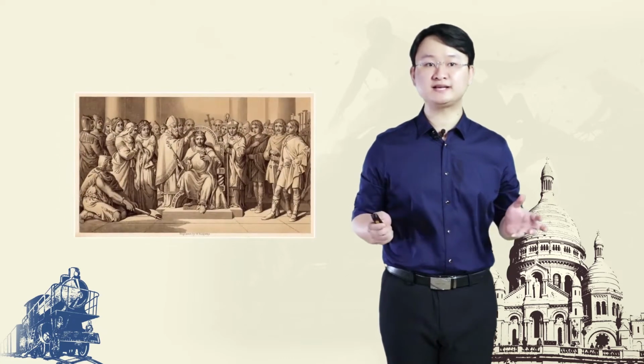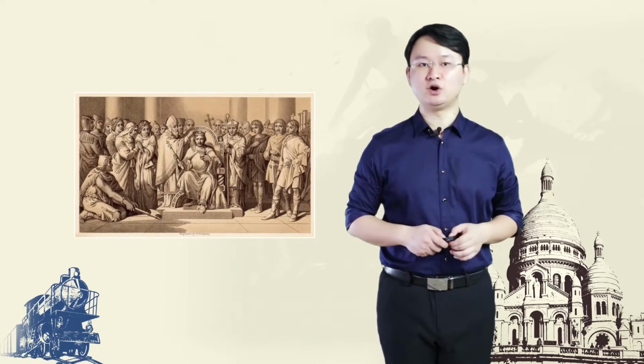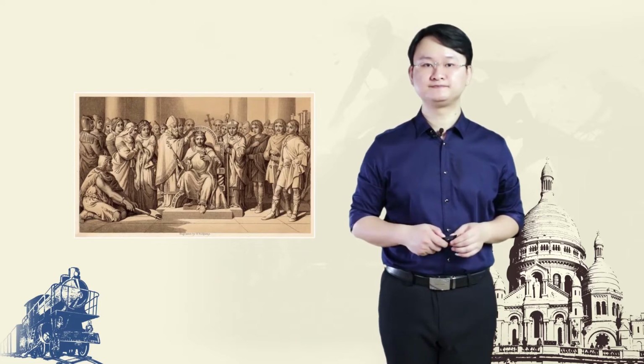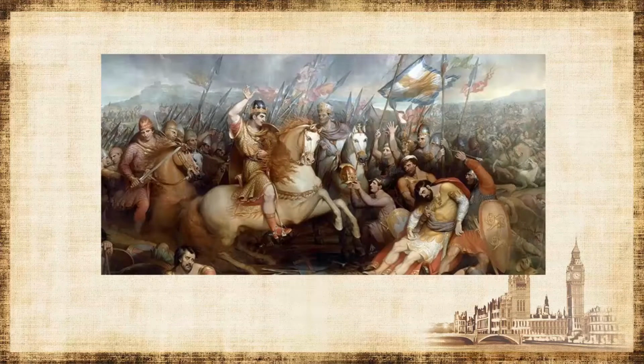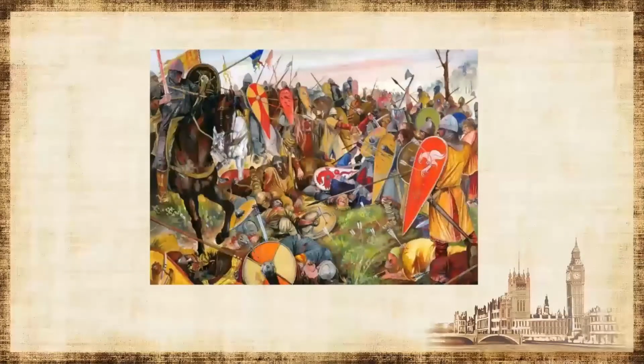In 1066, King Edward the Confessor died without an heir. Harold of Wessex, his brother-in-law, was crowned king. However, Duke William of Normandy challenged Harold's succession. Under William of Normandy, also known as William the Conqueror, they crossed the English Channel in 1066, and in the Battle of Hastings, defeated an English army under King Harold.